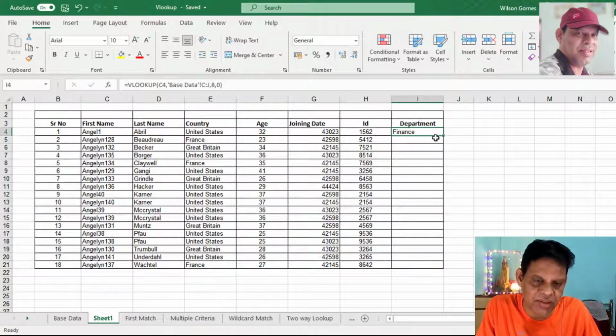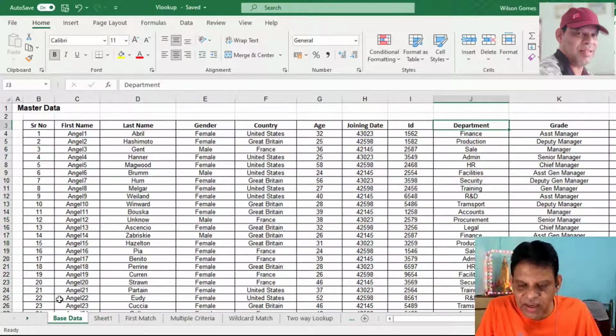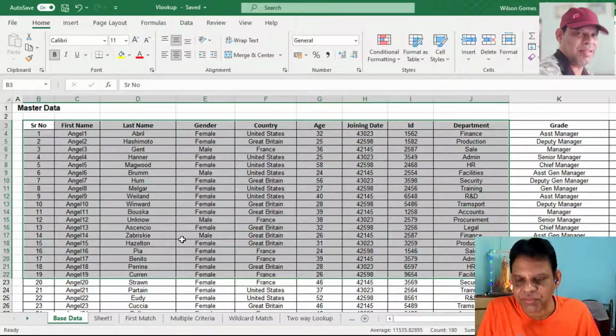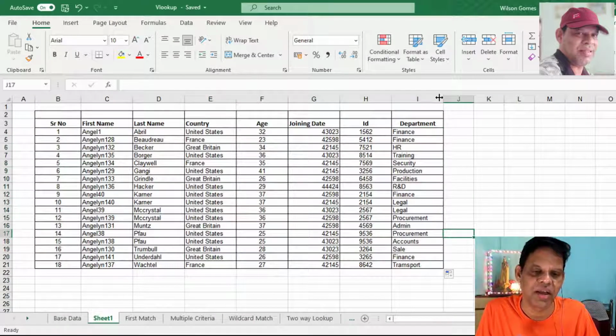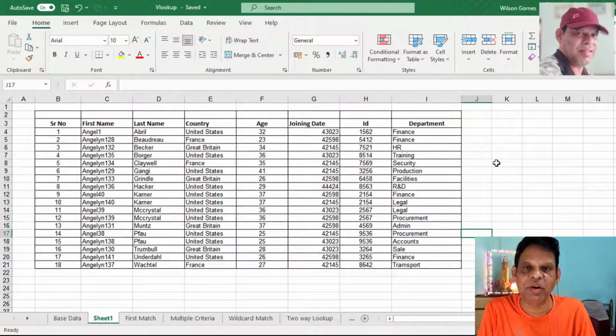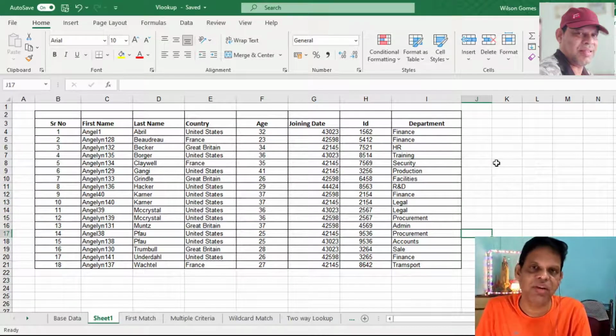Here I have got the results, and I can simply drag because I have taken the complete column. If I had selected only the table like that, I would have to put the dollar sign. But I have selected the complete column. In that case, dollar sign is not required. I hope it is understood. Similarly, you can do VLOOKUP from one Excel file to another Excel file. Now I have shown it from one sheet to another sheet. From one Excel file to another Excel file also you can do it in the same way.